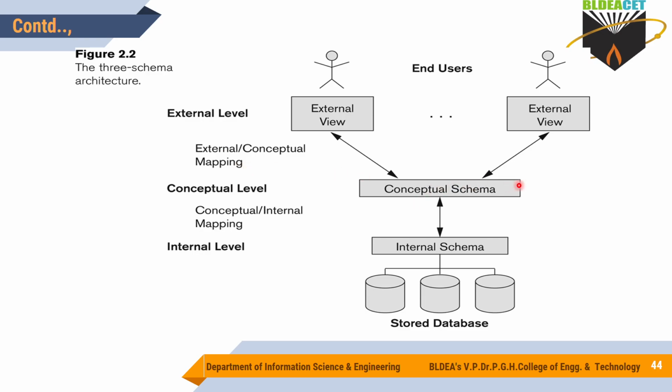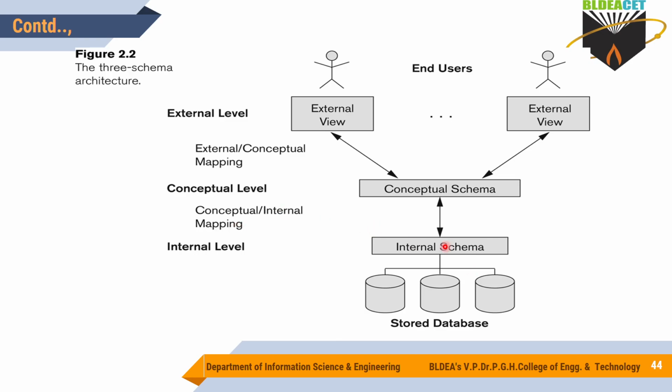Next, the conceptual schema tries to find out in which database the required data is stored. So it identifies the database and what data holds that information. Then it sends that request to the internal schema, and the internal schema's work is to find where that particular required data is stored, and what access path you have to follow to access that data. That is what we call the conceptual to internal mapping.